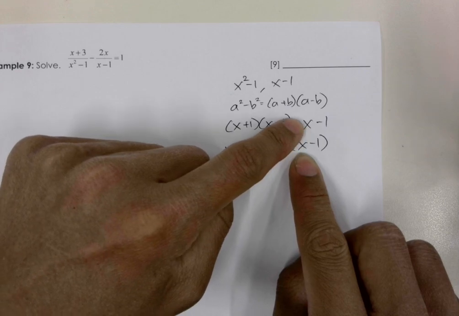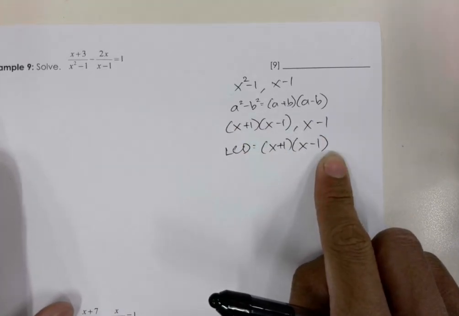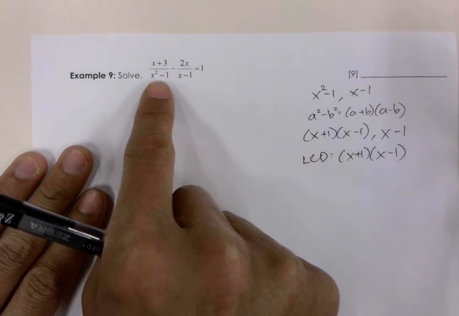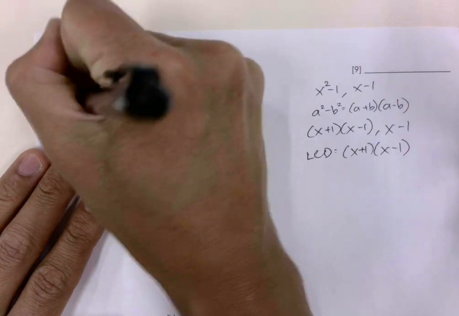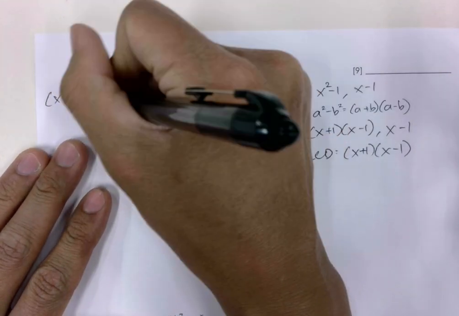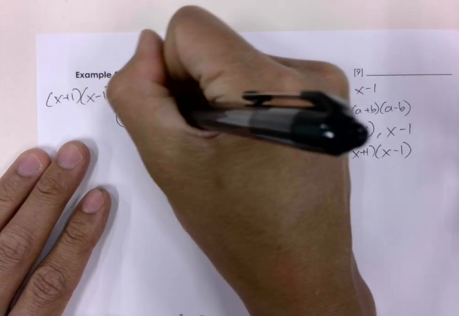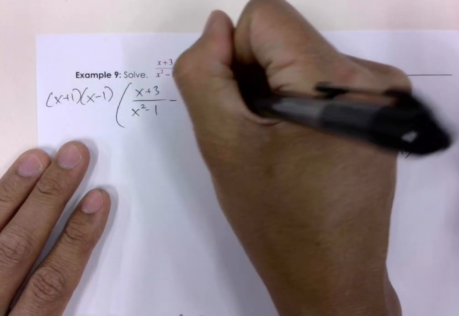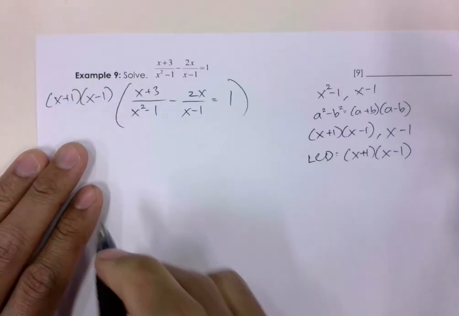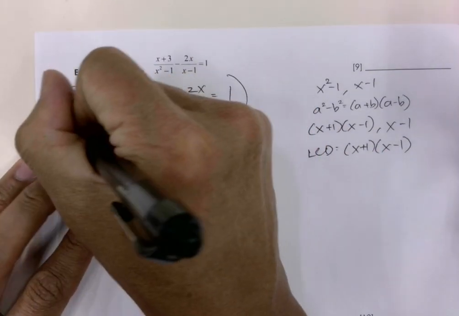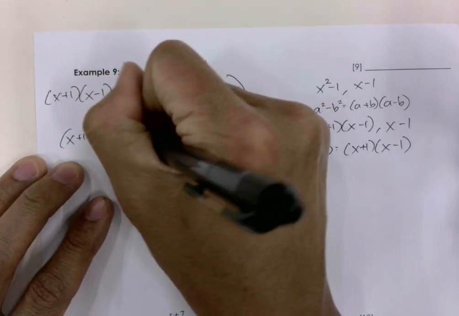And it has the second denominator as one of its factors. So we have our LCD. Great. So let's go ahead now and multiply the original equation by that LCD. So it's going to be x plus 1 times x minus 1 times the entire equation. Okay, so now we're distributing out, and we get x plus 1 times x minus 1 times x plus